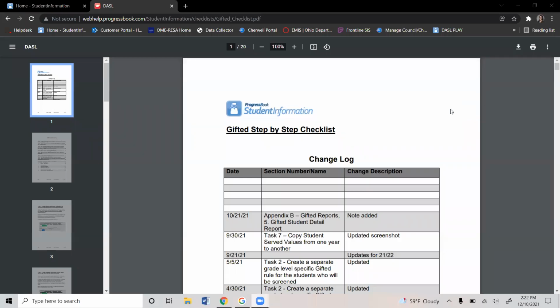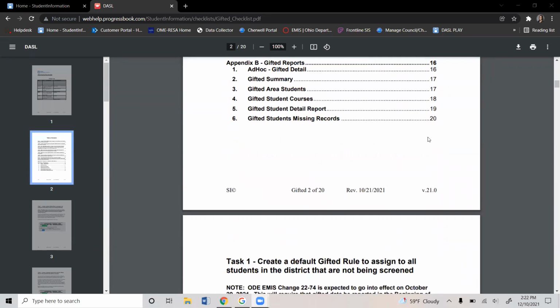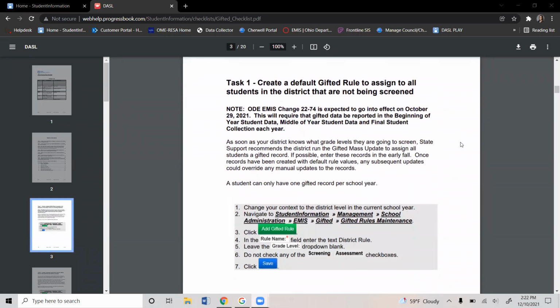In this training, we will be reviewing the gifted procedural checklist. Task number 1 begins with creating a default gifted role to assign to all students in the district that are not being screened. Just a note here that, as I'm sure you are all aware at this point in the year,